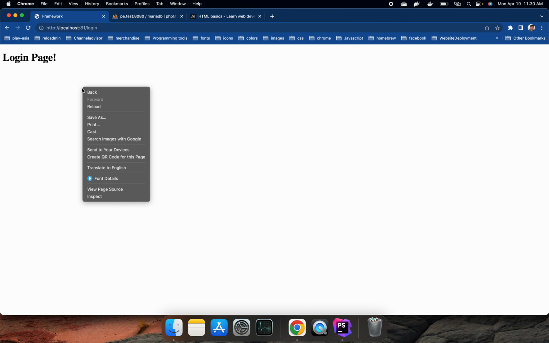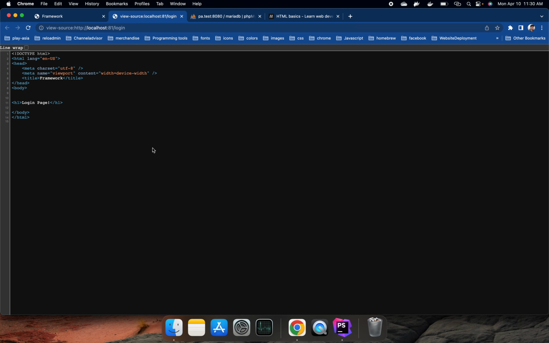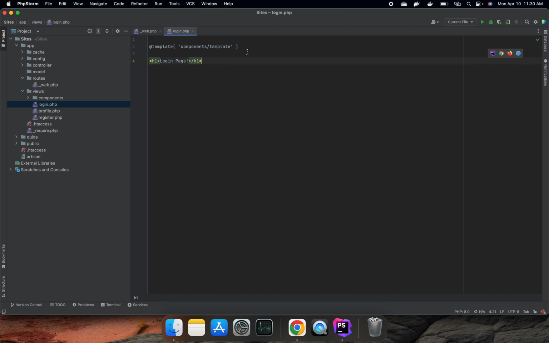It's working fine. Now, if we try to check the page source, then it is displayed inside of the template. Right now, just copy this and paste it to our profile page and register page. And it is working fine. And don't forget also to put anyway. So the next thing we're going to do is we will create a form page, just a simple form